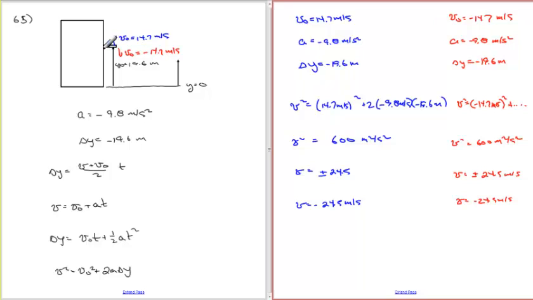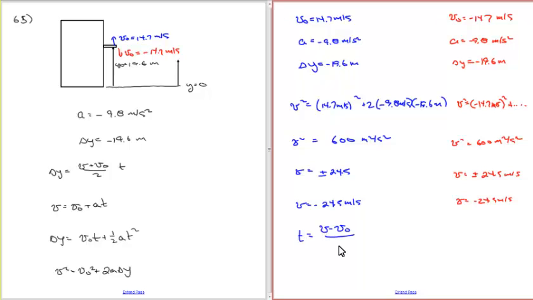Okay, so what is the difference in the two balls' time in the air? What is the velocity of each ball as it strikes the ground? Well, that was the answer for part B. Now that we know that, we can use this equation to find the time. So in this case, we solve for time,